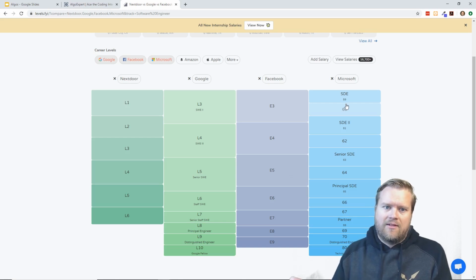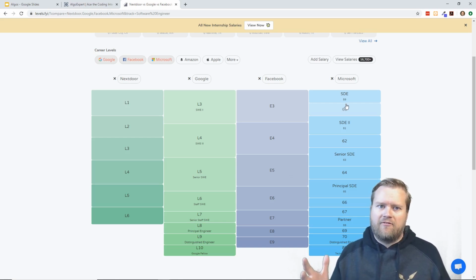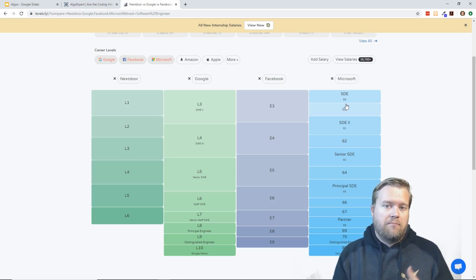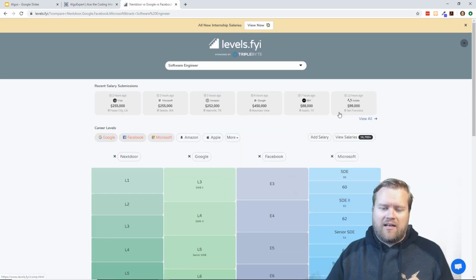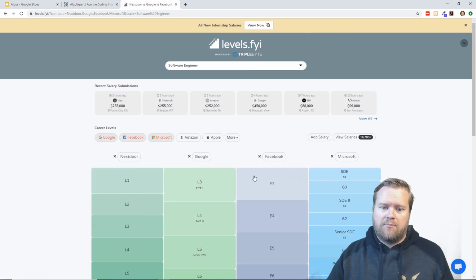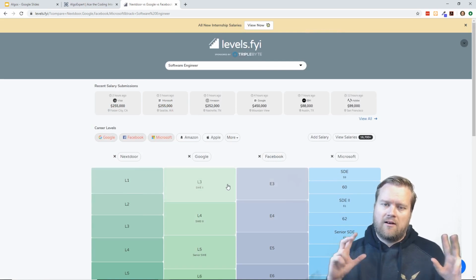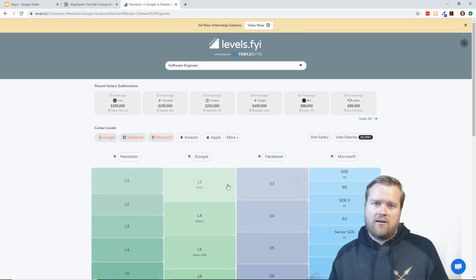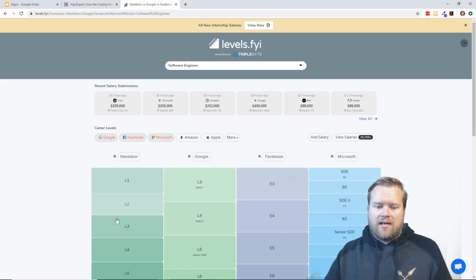There's so much money out there for really skilled developers, developers who can pass these algorithms, who have the soft skills, and honestly have experience too, which is really important as well. So I would check out levels.fyi, go through and look at the different levels and what people have submitted. These probably aren't 100% accurate and your mileage may vary, but you can see roughly how much people are getting paid.